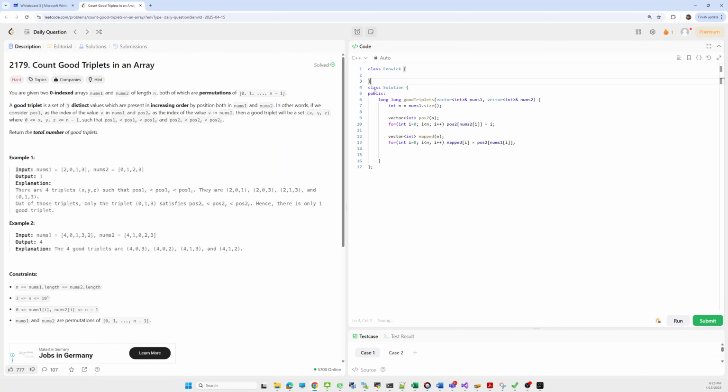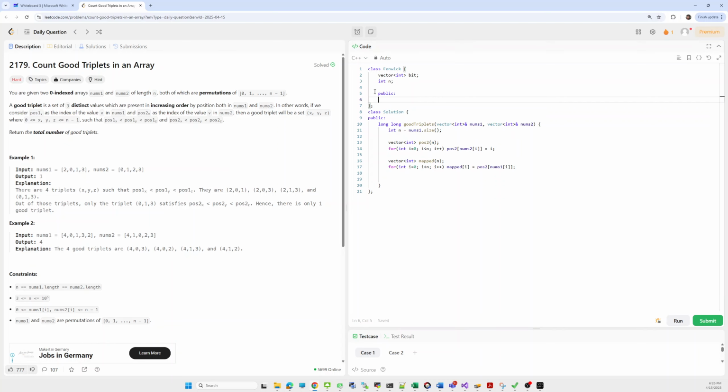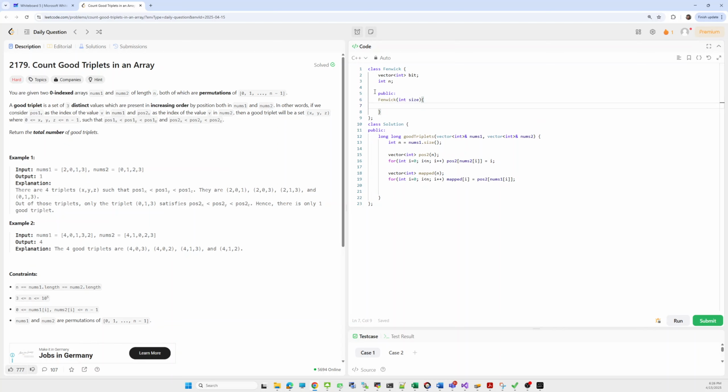Okay, so we took one array of size n. For the Fenwick tree we have to use an array of size n. So for that we'll give one constructor. In public we'll give a constructor of int, where in this constructor we'll get the size, and we'll update the size